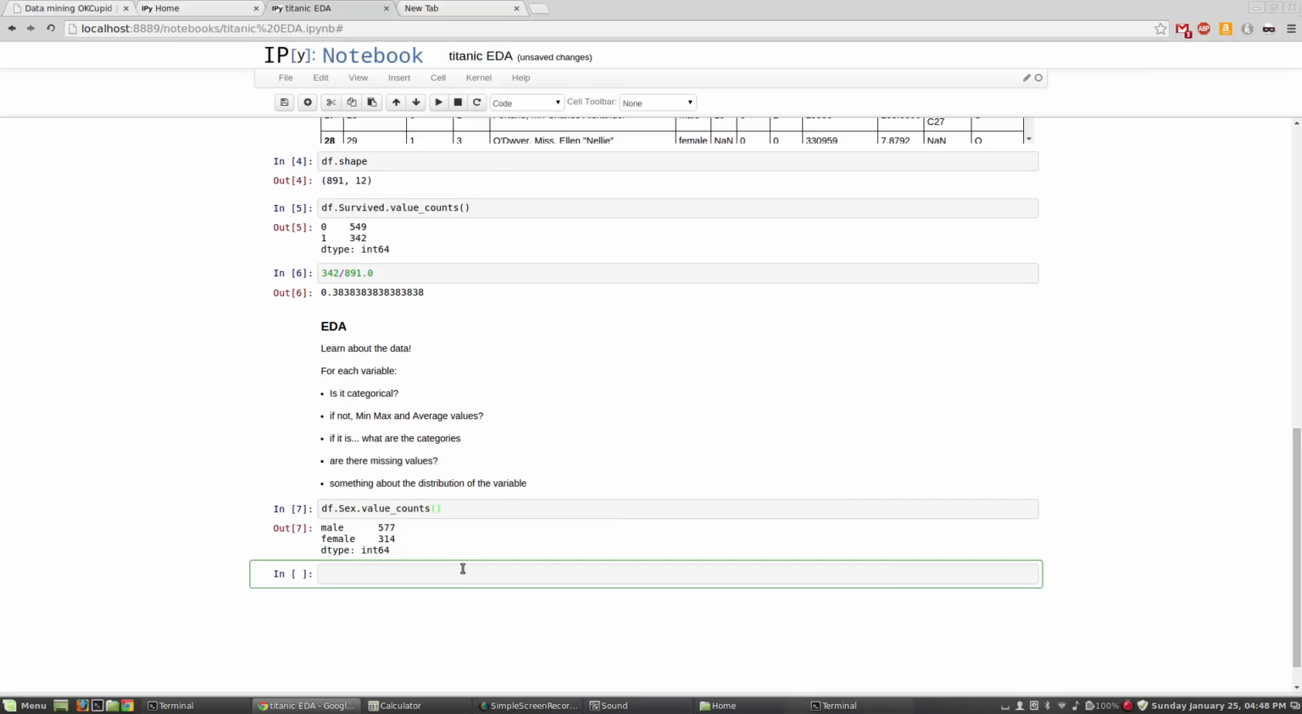All right. And I'm going to see that there are 577 males and 314 females in my population. So we know that it's categorical. We can probably more or less at this point guess the distribution. I mean, we can imagine a bar chart like that in our minds, but just in case we couldn't, let's